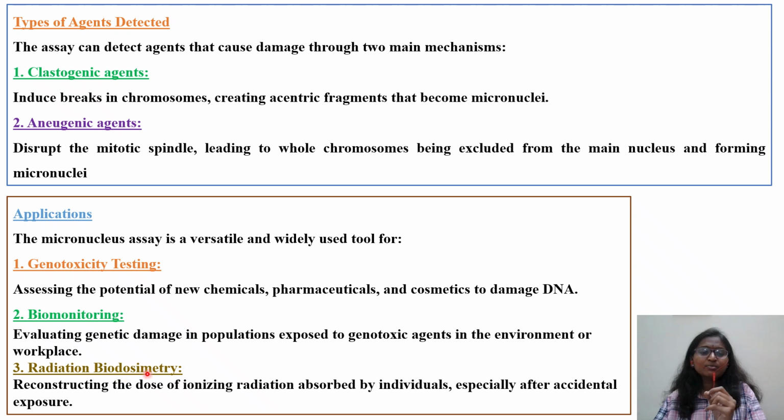Third one is radiation biodosimetry, reconstructing the dose of ionizing radiation. The first two were more applicable to chemicals. The third one is for radiological substances like uranium and plutonium. These are agents which cause DNA damage because of the property of radiation. So, reconstructing the dose of ionizing radiation absorbed by individuals, especially after accidental exposure in a certain lab or experimental area or excavation area,